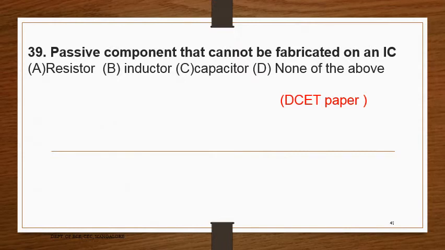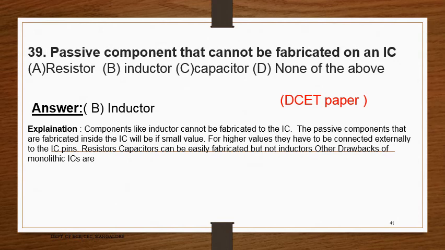Passive component that cannot be fabricated on an IC. So passive components are resistor A, B inductor, C capacitor, D none. The answer is inductor. Components like inductor cannot be fabricated on an IC